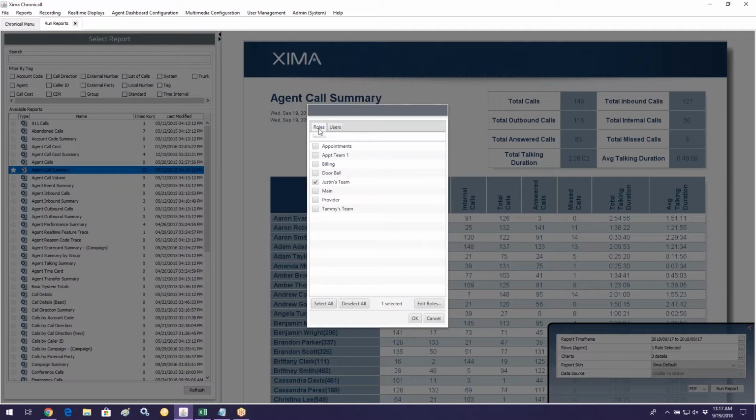So if there's a list of users that I want to report on, maybe I don't want to run it on the entire group, I just want to report on a handful of those users, I can create a custom user role or a Chronicall role, and that will allow me to report just on the users that belong to that role. Okay, so we'll go ahead and leave it with this one that I created yesterday called